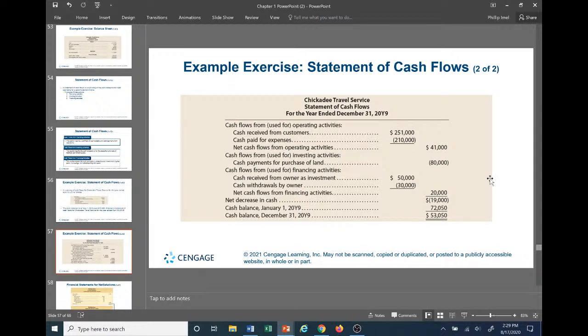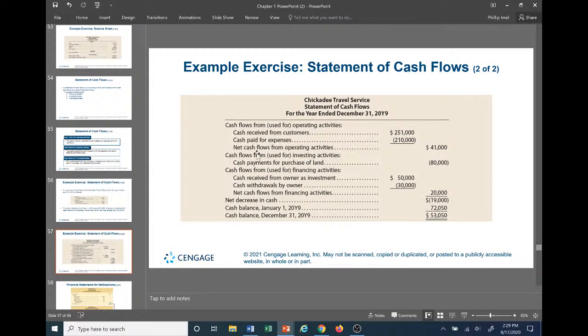So the cash received from customers is going to be an increase in the cash, inflow to cash for the operating activities. Cash paid for expenses. Recall expenses is an operating activity. Expenses is how we generate revenue. It's based on the income statement. That's how we track them. That's why it's going to be an operating activity. Expenses like wages, utilities, stuff like that we've already discussed, interest, all these things are going to be paid, and it can be expenses related to operating activities. Those are going to be outflows.